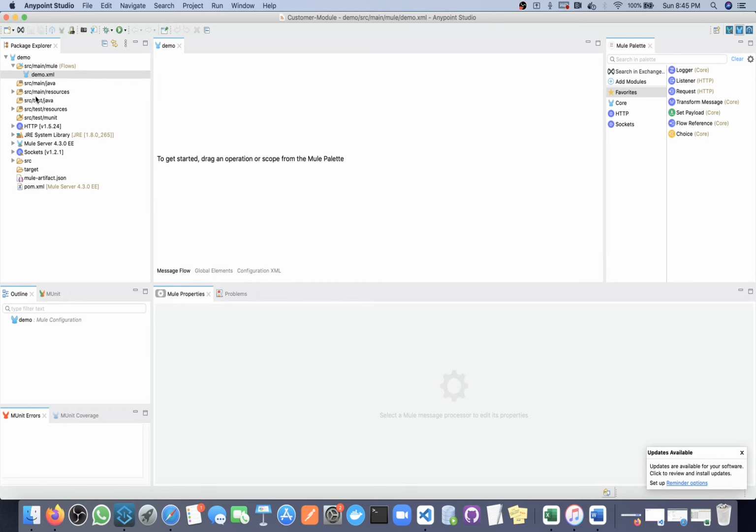So inside this we can create multiple APIs. Don't be confused, whatever we are creating here, this one is not an API. In the previous batch, a few students had this doubt. They were thinking this is our one API, but this is not our one API. This is one application. It contains multiple APIs. Okay.